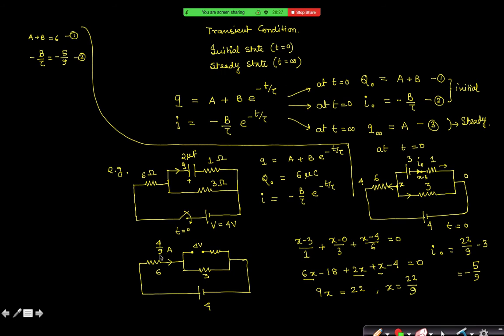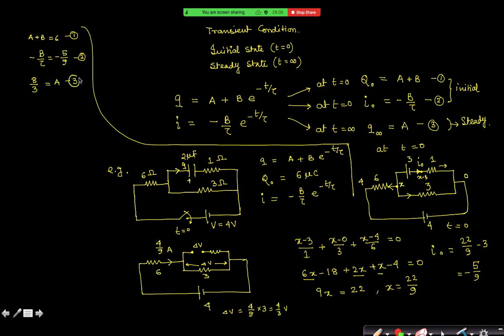4 by 3, I into R. The voltage drop across the capacitor is the same as the voltage drop across this 3 ohm resistor. So from this calculation I can find delta V is equal to 4 by 9 into 3. So that is 4 by 3 volt, right? So can I say that delta V is this one? So what is Q naught? Q is equal to C delta V. So I can say 8 by 3 is equal to A. Can I write it from the third equation?